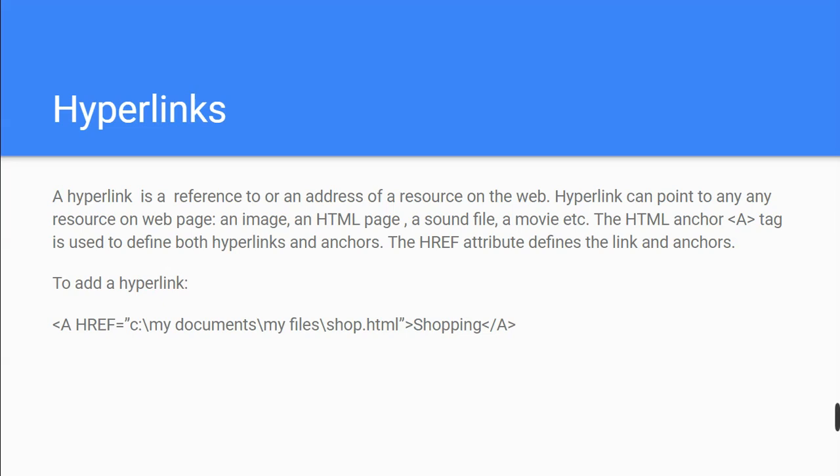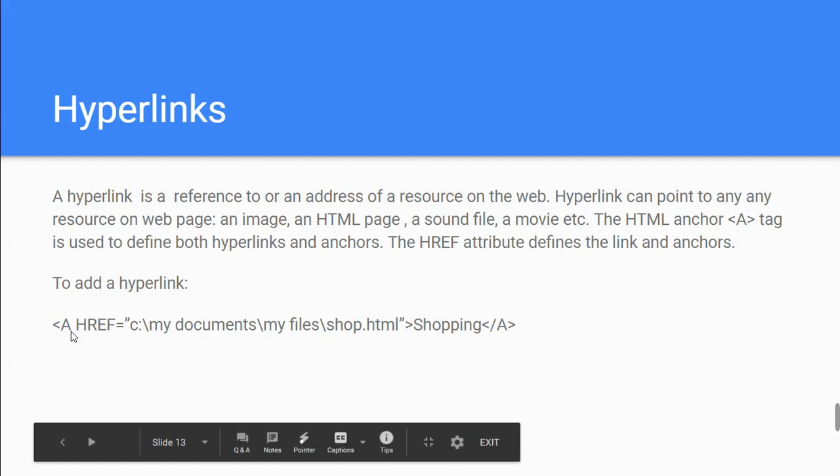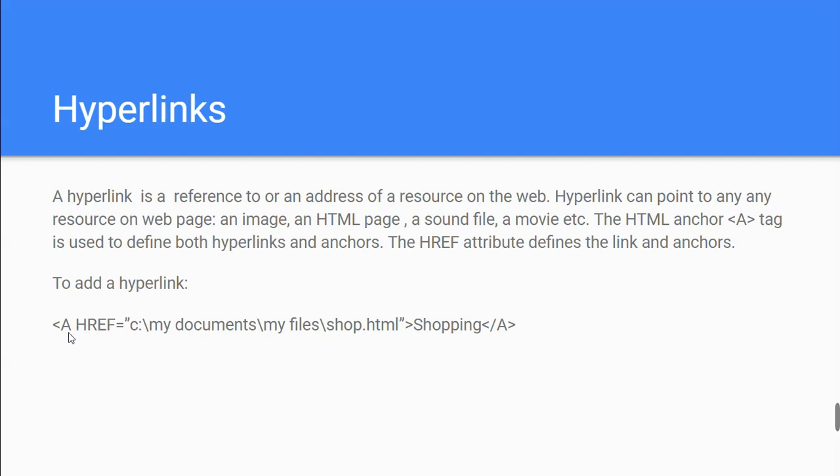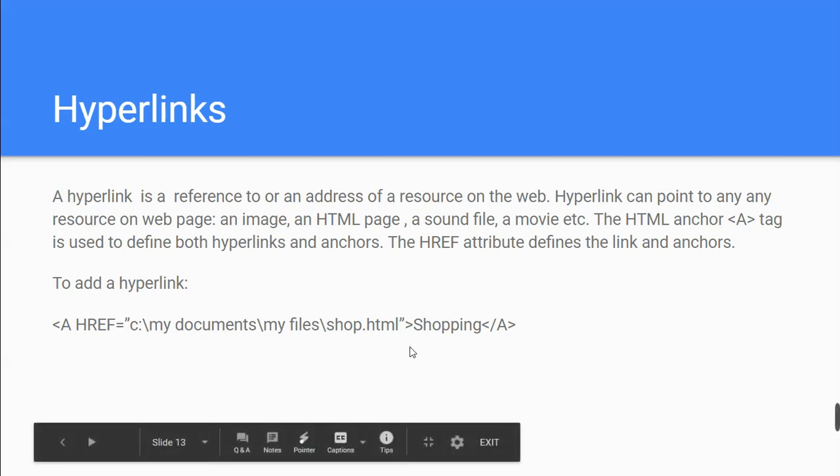So a hyperlink is created by using the anchor tag, and the anchor tag is depicted by the A, and inside the anchor tag we have an attribute that is called href, that is hypertext reference, and again we have given the file path to which we want to link. So here the file is shop.html, which we want to link to the text shopping.